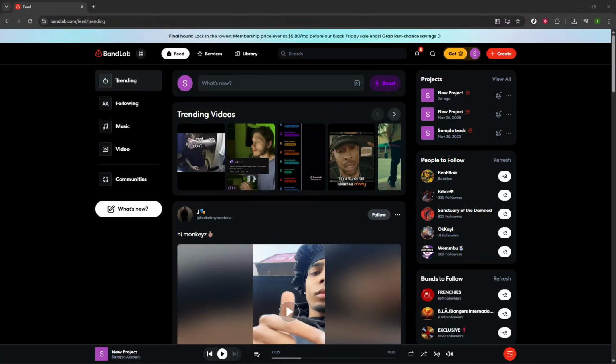In today's video, I'm going to teach you how to add loops from BandLab sounds to your project in BandLab. First, head to BandLab on your computer or mobile device and log into your account. Being signed in ensures your work is saved and synced, and it gives you access to the features we're using